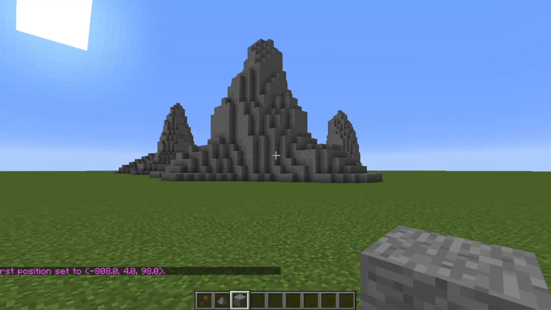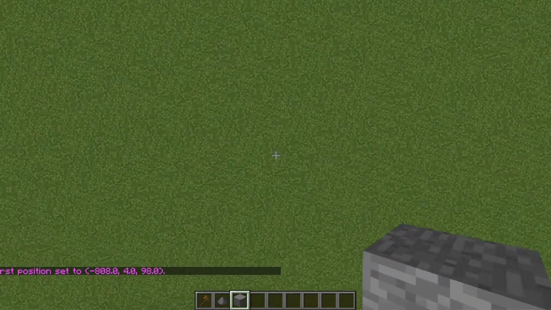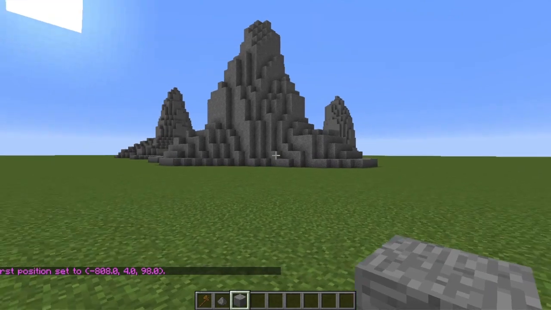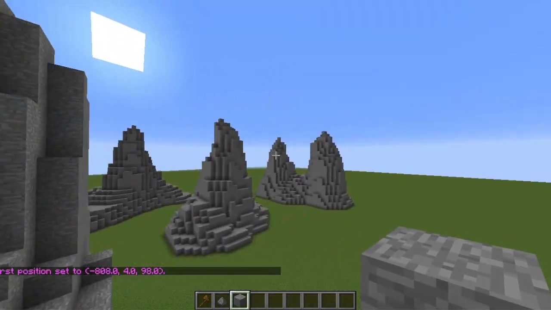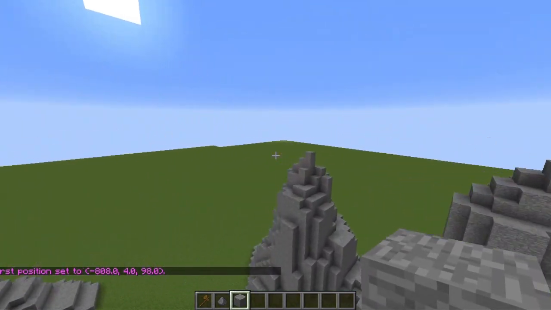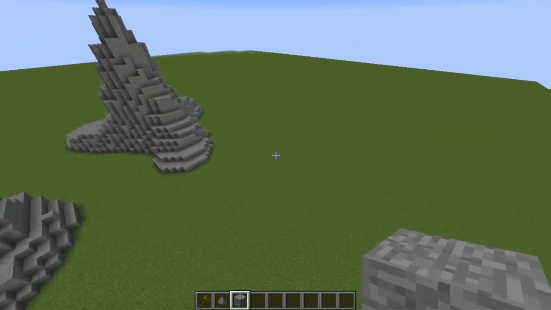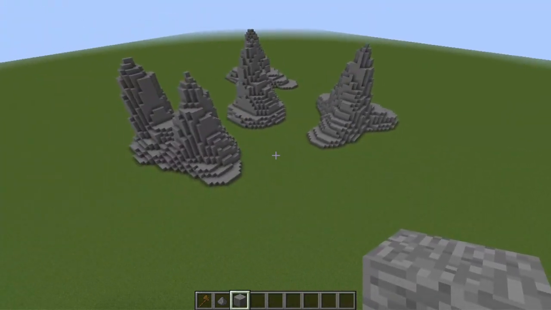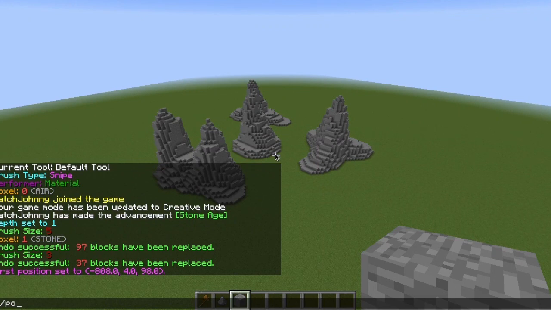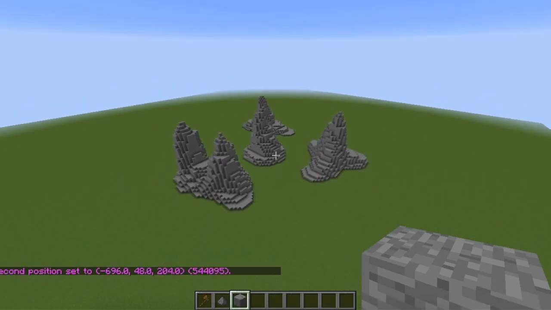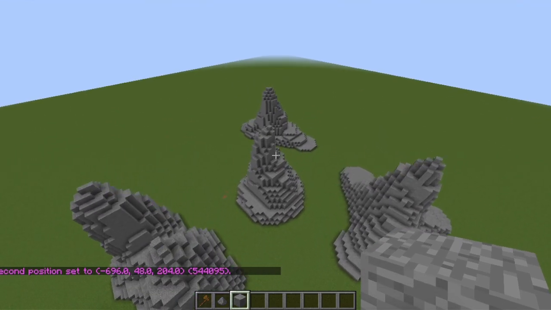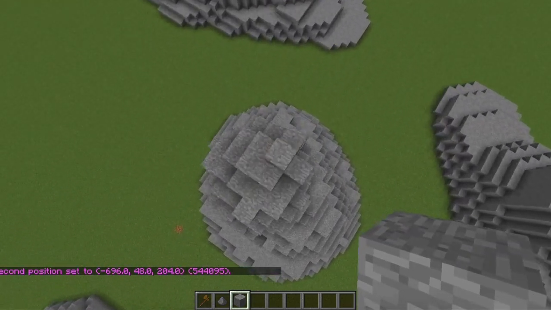//pos1. What this does is for WorldEdit, that sets the first position of our region in the ground here, and we're gonna fly all the way over to the other side of these islands and select the second position so that we have this whole area selected. So //pos2, enter. Then we're going to come to the tip of the center island, and we're going to copy the